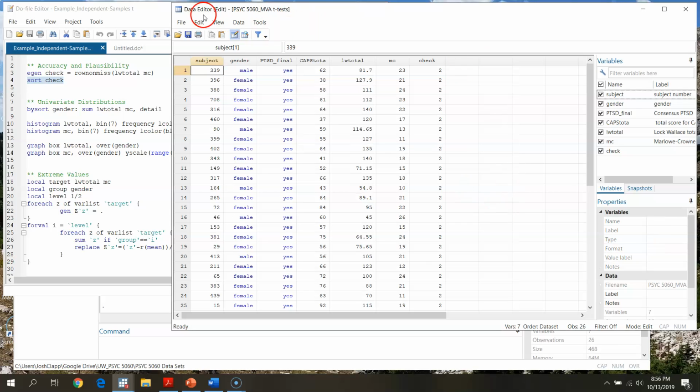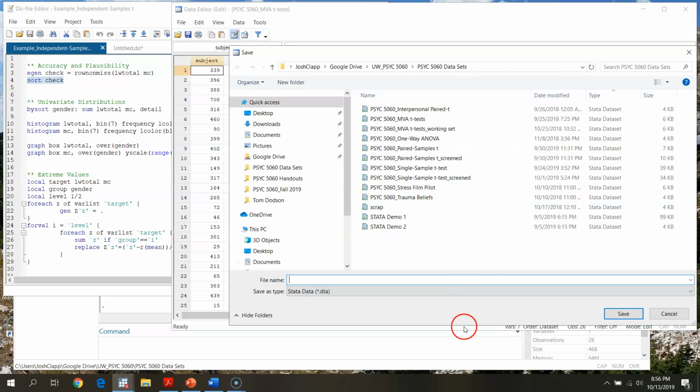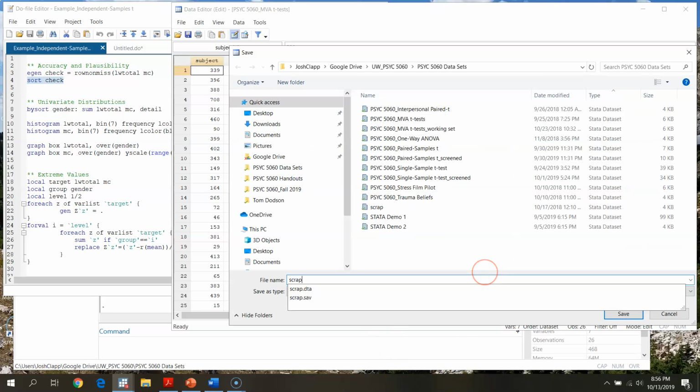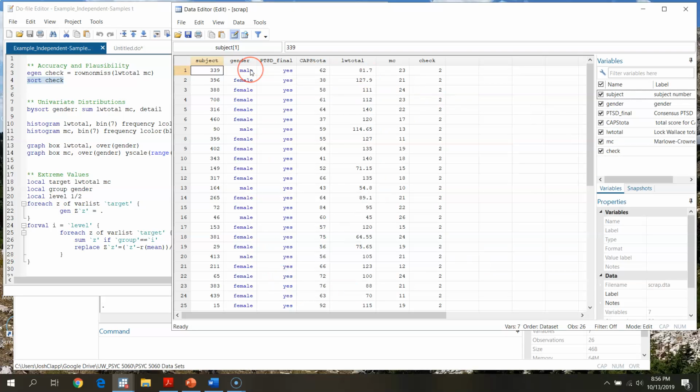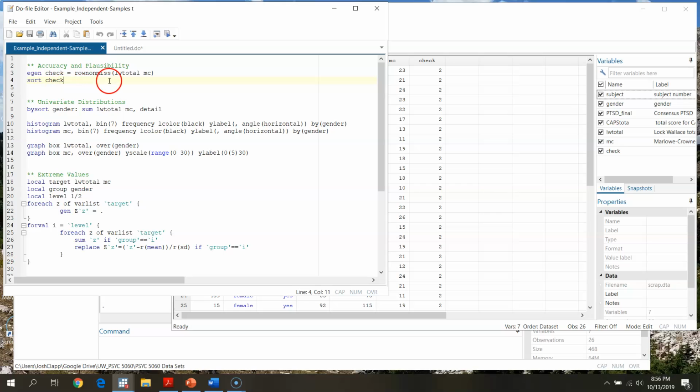Yep, we're going to drop that, and then what I want to do is go to File, Save As, and call this scrap or something like that. That's just going to be a working set. This way I'm not fooling around with my original set of data. That way, if I make a mistake or make changes, I can always go back to my original. Okay, so we've got one case that we noted missing